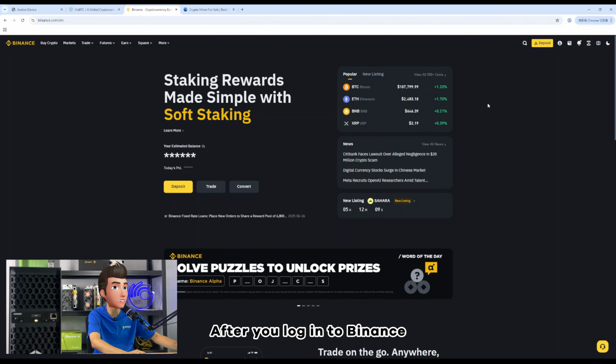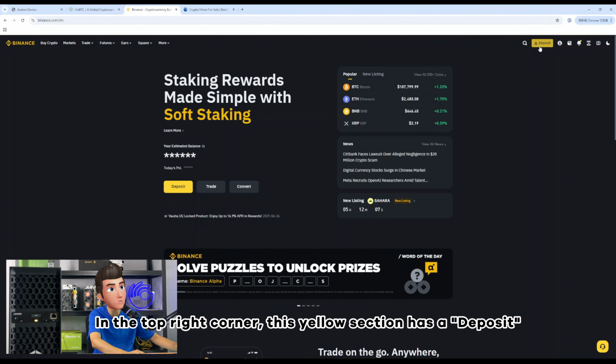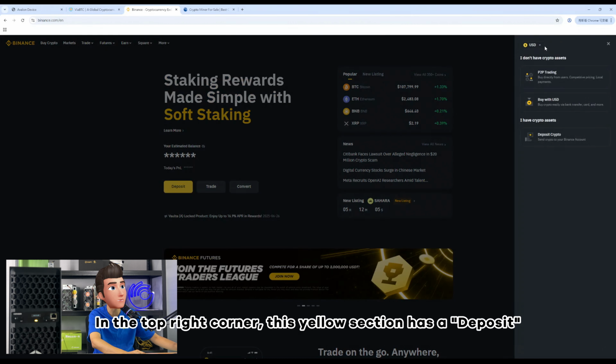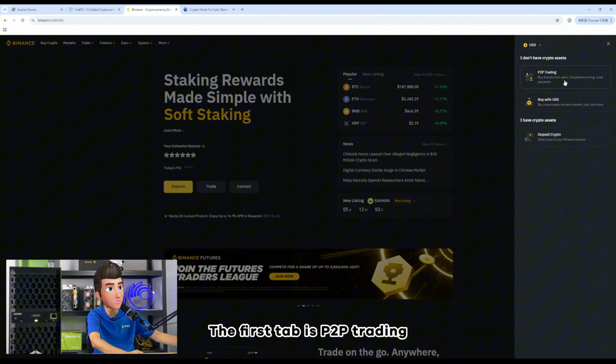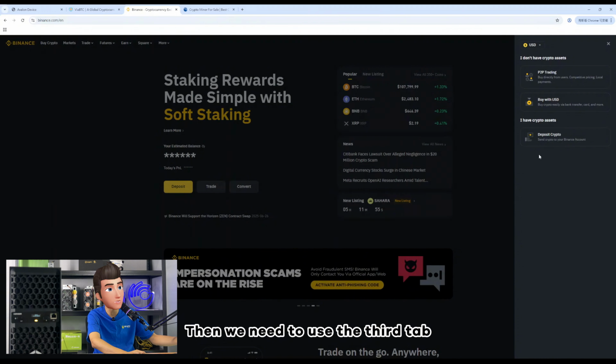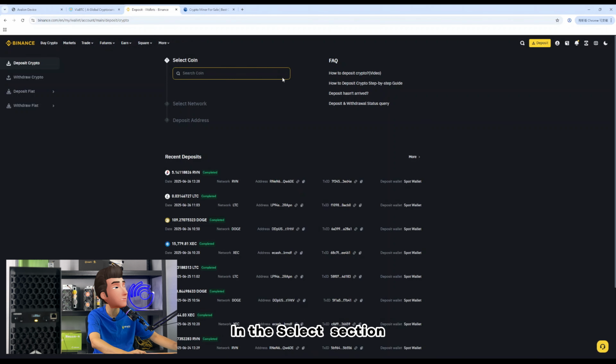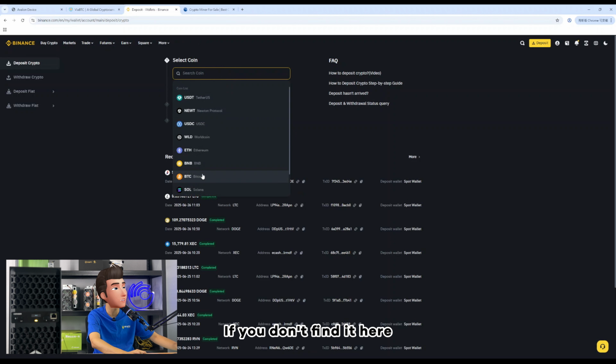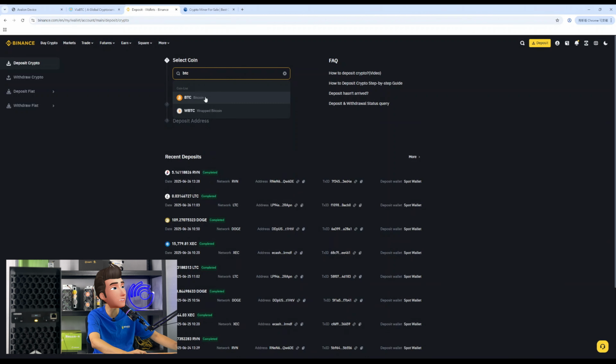After you log into Binance, in the top right corner, this yellow section has a deposit. The first tab is P2P trading, which is trading between users. The second tab is directly using fiat currency to purchase cryptocurrency. Then we need to use the third tab, this on-chain deposit. We click on chain deposit. In the select section, we choose Bitcoin. If you don't find it here, we can directly search for BTC here,